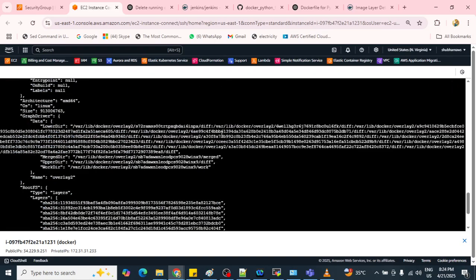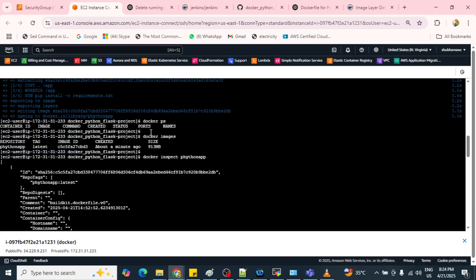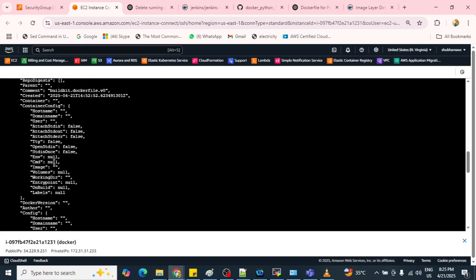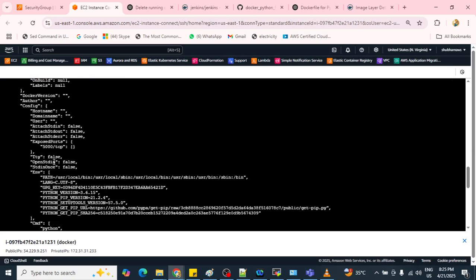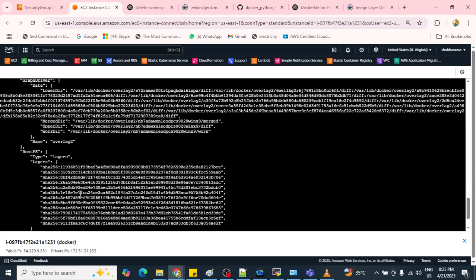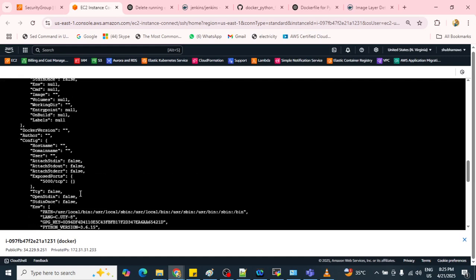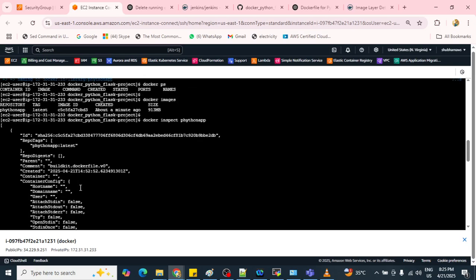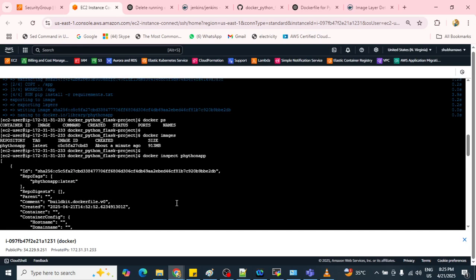Now you can see what things this image contains. Python is already installed in it, as well as the operating system. We don't need to install the operating system separately, because when we download Python 3.6, it already installs the operating system also.